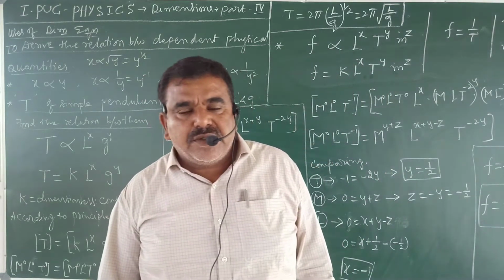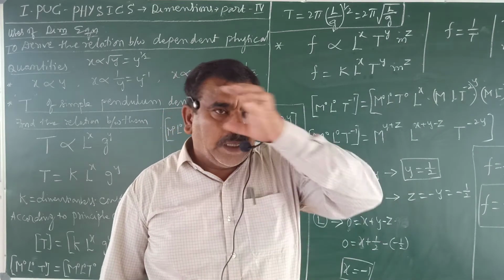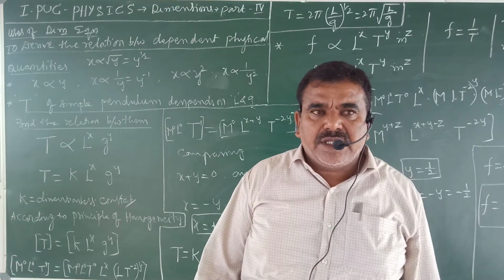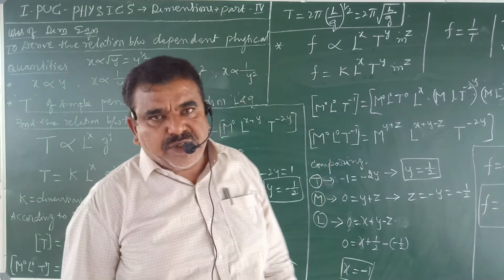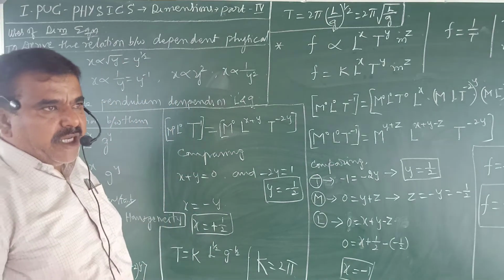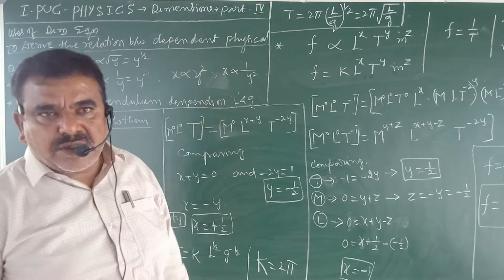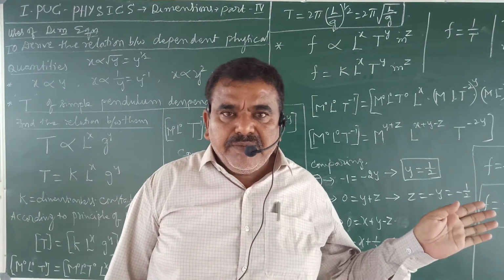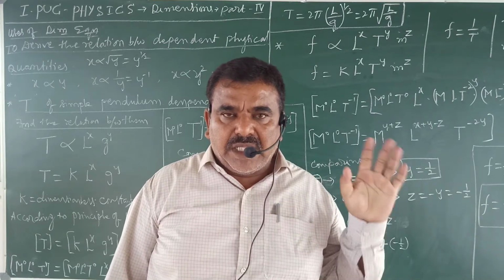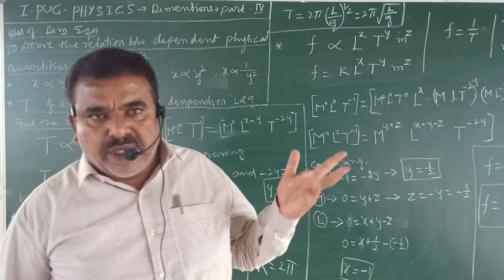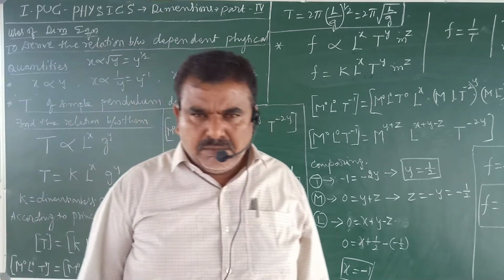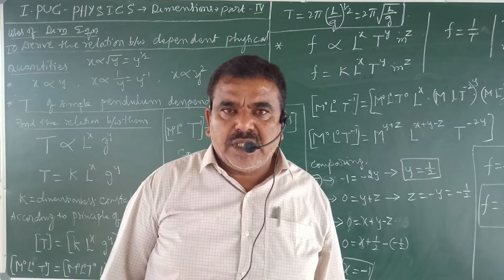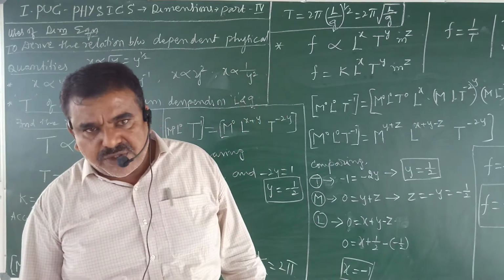In the previous sessions, all of you learned units and dimensions. In the last session, we were doing the uses of dimensional analysis. We have seen two uses: one is how to convert one system of units to another, and the other is how to check the correctness of a physical equation. We saw through examples. In this session, we shall move to the next use of dimensional analysis or dimensional equations.